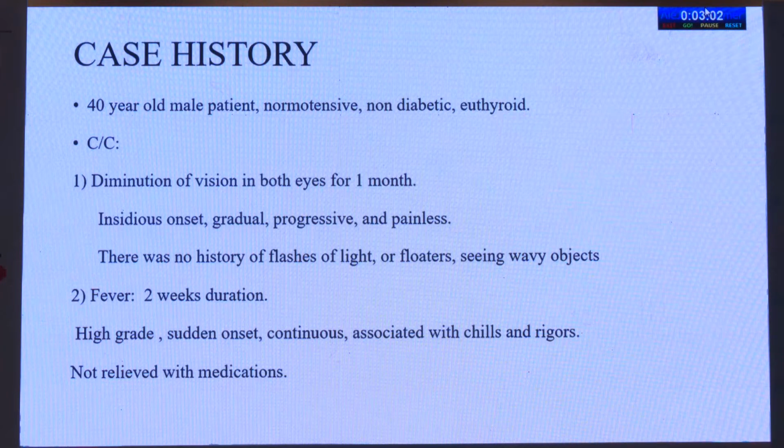So this 40-year-old male patient walked into the IOPD. He was normotensive, non-diabetic, euthyroid, with chief complaints of diminution of vision in both eyes for 1 month. The diminution of vision was insidious in onset, gradual, progressive and painless. There was no history of flashes of light, floaters or seeing any wavy objects. The patient also had a history of fever for 2 weeks. The fever was high grade, sudden in onset, continuous, associated with chills and rigors, and